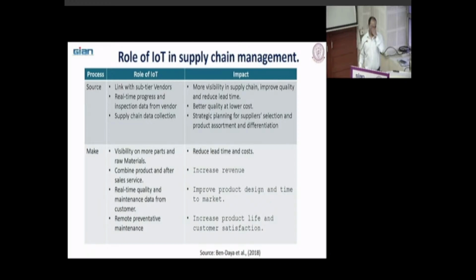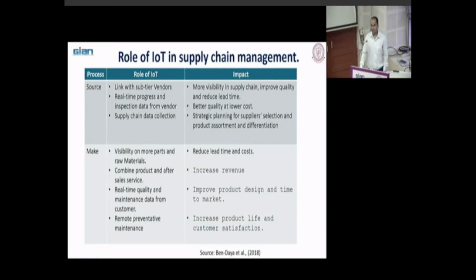Suppose in the case of Nokia and Ericsson, if they were using IoT in the Philips plant, they wouldn't need to ask Philips to tell them what happened. They should have got the information directly from their IoT devices as soon as something happened there, and then we may face a problem. But in normal cases, they need to call the supplier. They need to ask what happened, why there is a delay in delivering the products. Those kinds of problems we could manage with the help of IoT.